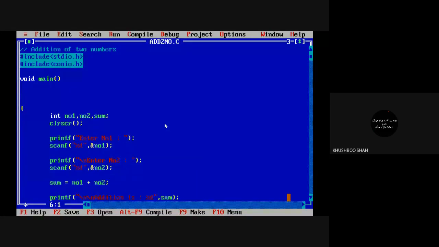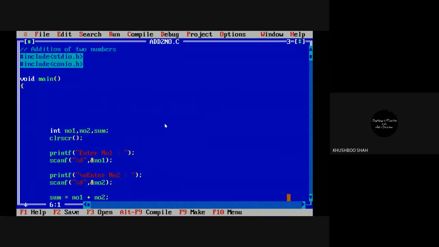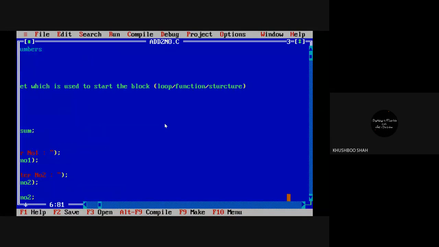So after this, we have the open curly bracket. This is the open curly bracket which is used to start the block. This block can be anything: your loop, function, structure, anything.